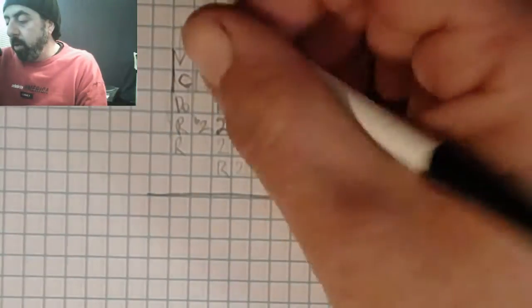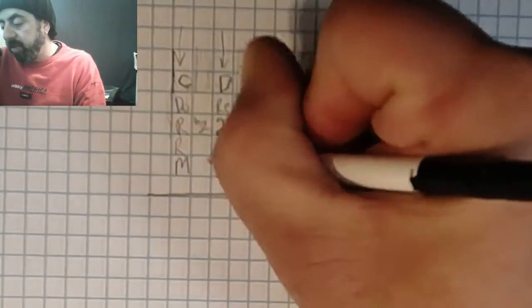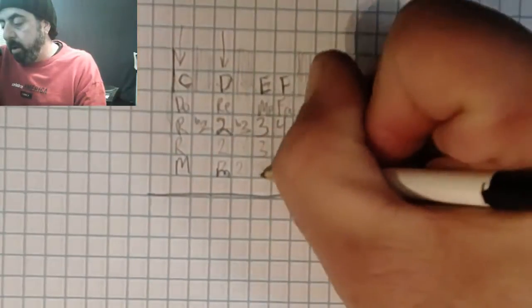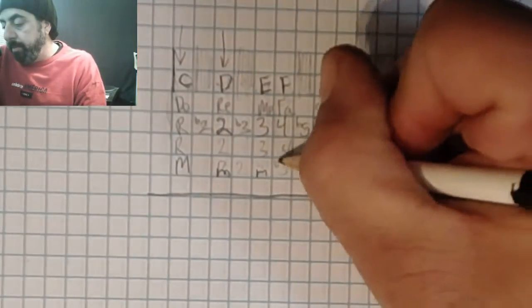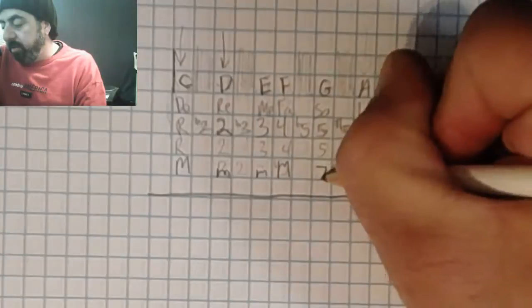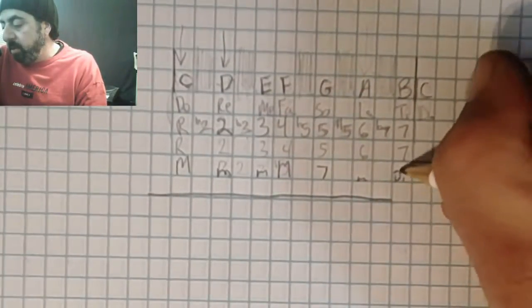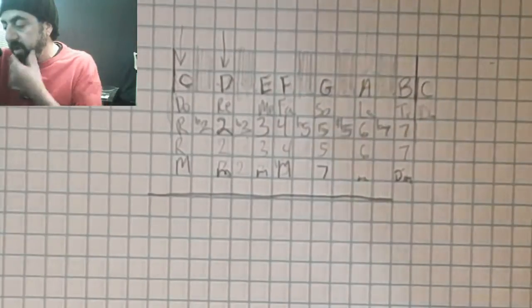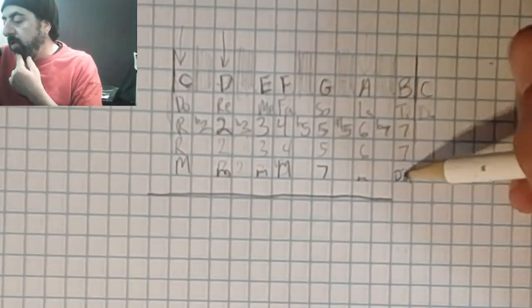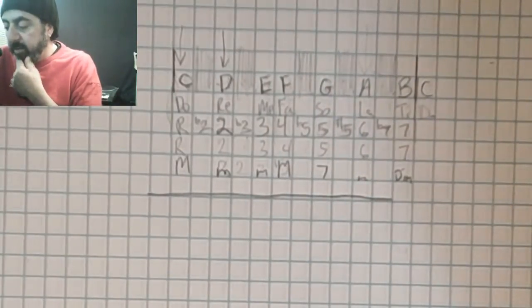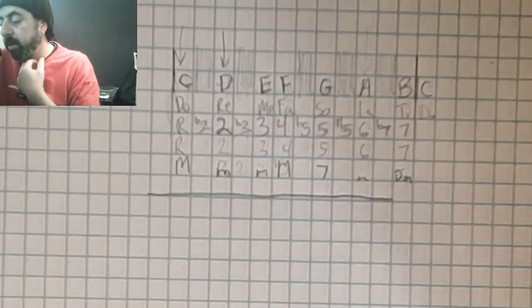So we can label these, since we just went over what the chord flavors are. We can label this major, minor, minor, major. I like to put a 7 in there, a small m for minor, and then even write dim in there for diminished. So you'll just know that note is something to work on later on. Anyways,